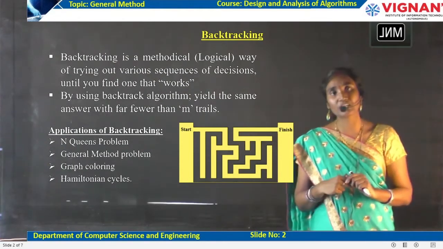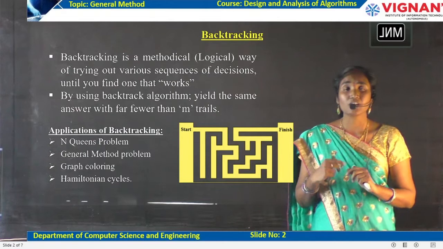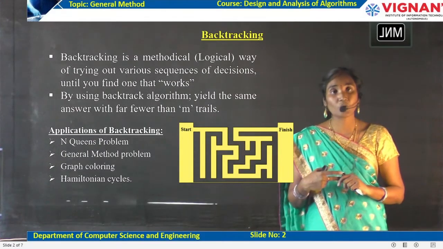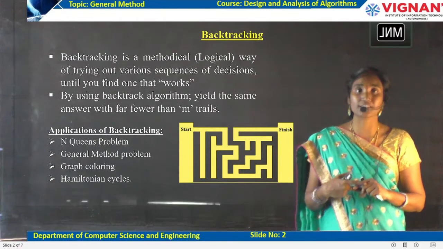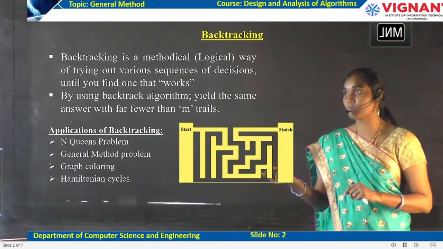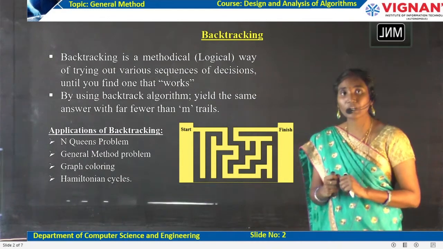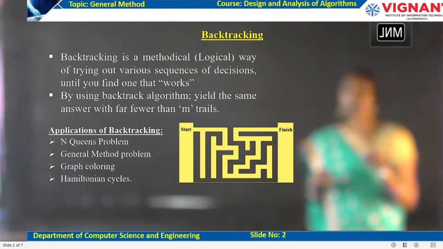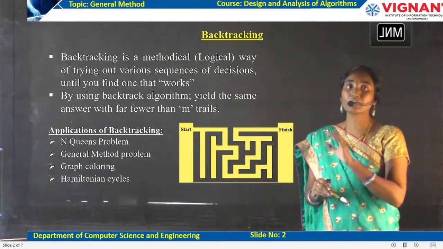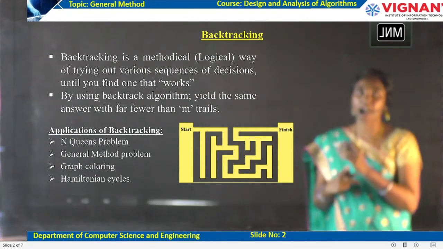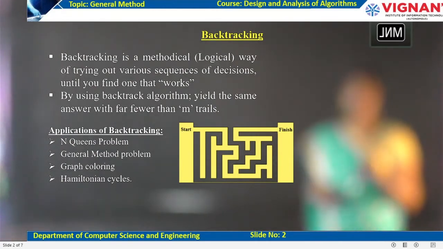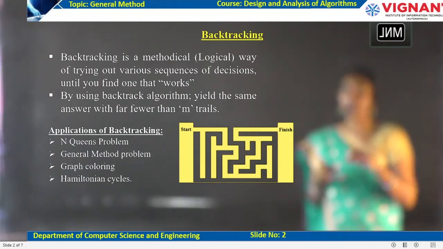Now there are different applications of backtracking. So what are the different applications? There are real-time applications also. One of the real-time applications is the maze. In the figure itself I'm showing you the maze application. Here I have a start as well as an end. You need to start from the corresponding path which I have shown you, and go through different rooms. From those rooms, you go through all of them to find in which path you will